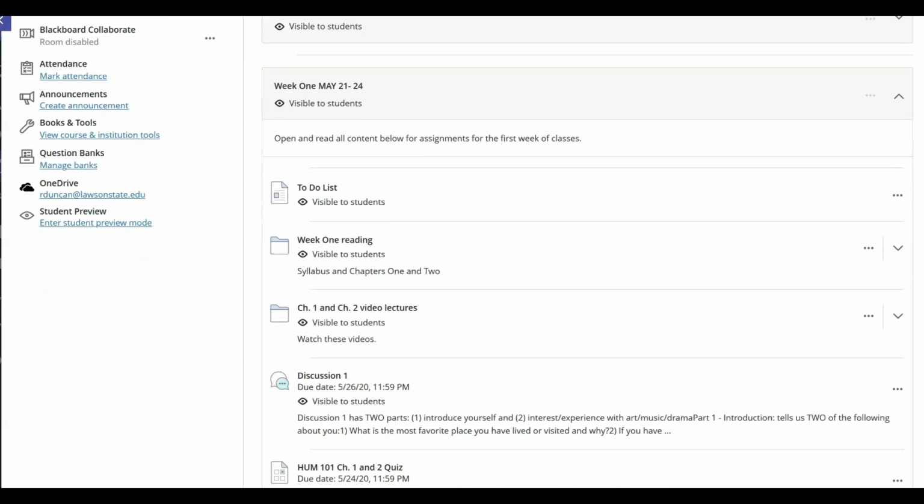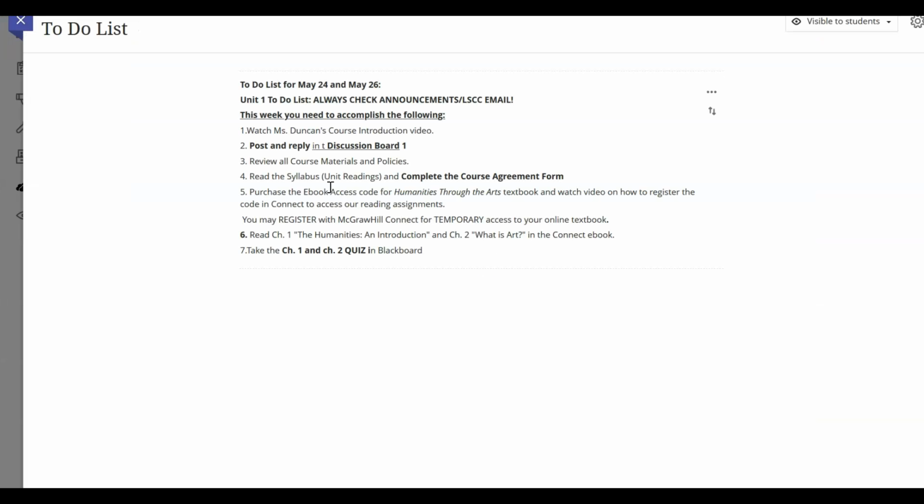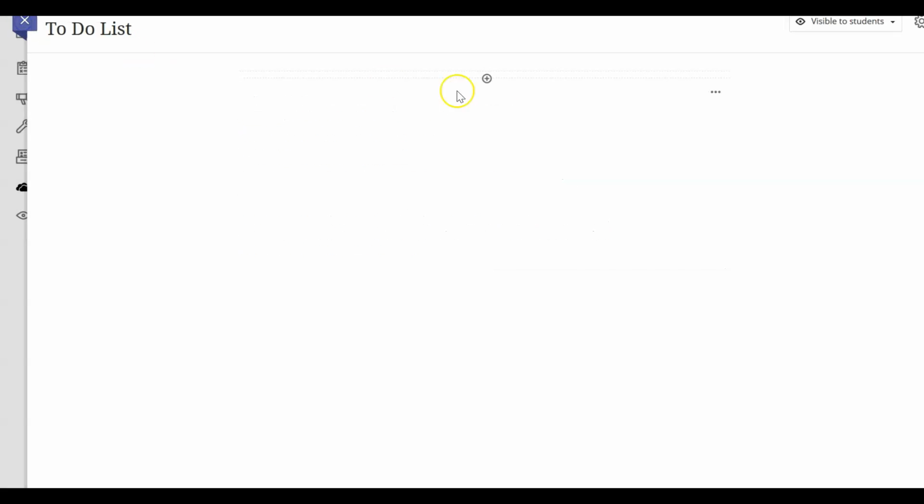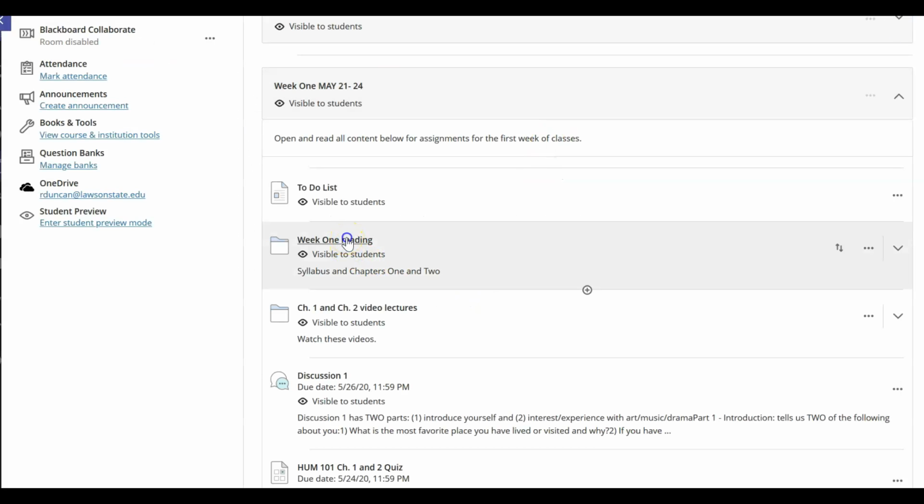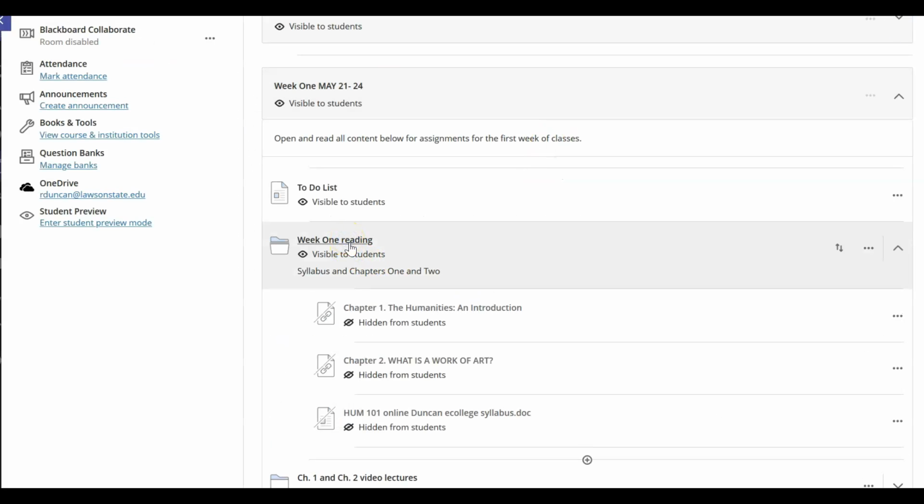So we always start with a to-do list, which when you click on it gives you the list of things that are required for that week, what you're supposed to do, and typically in the order that's best to do them in. Okay. Then followed up by whatever is the assigned reading. Chapter 1, Chapter 2, the syllabus, and those are linked right directly to, let's talk about it now. This isn't really a syllabus review, but the